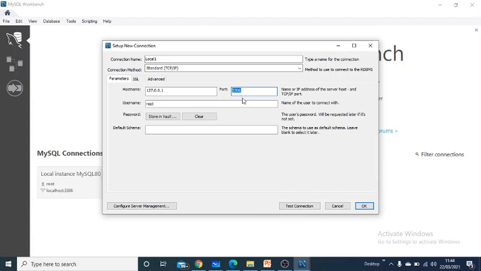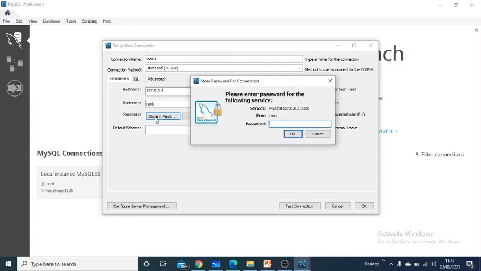Now if you are going to connect to an external machine or server hosted somewhere else, then you have to enter the network ID or IP of that machine where you want to connect, along with the port number. Next is the username by which you want to connect to the server. In our current server we have created just one user, the root user, but it is possible that you have multiple users with cut-down authorities. If you want to connect as a different user, you have to provide that username. Right now our server just has root, so I'm mentioning root.